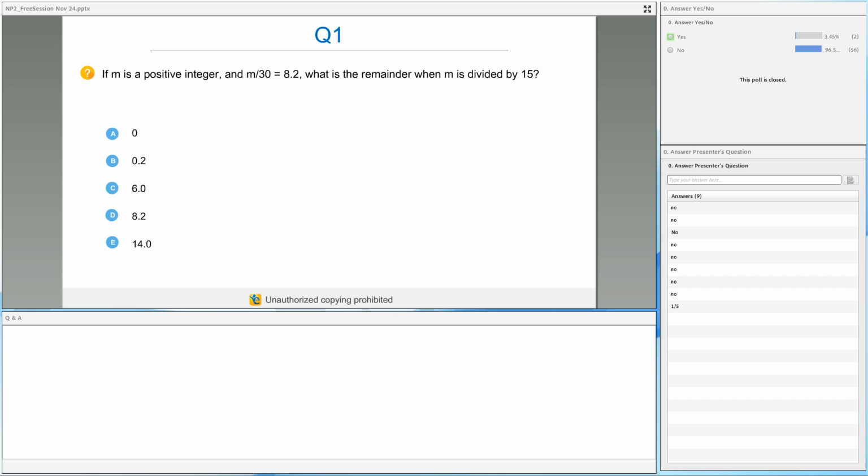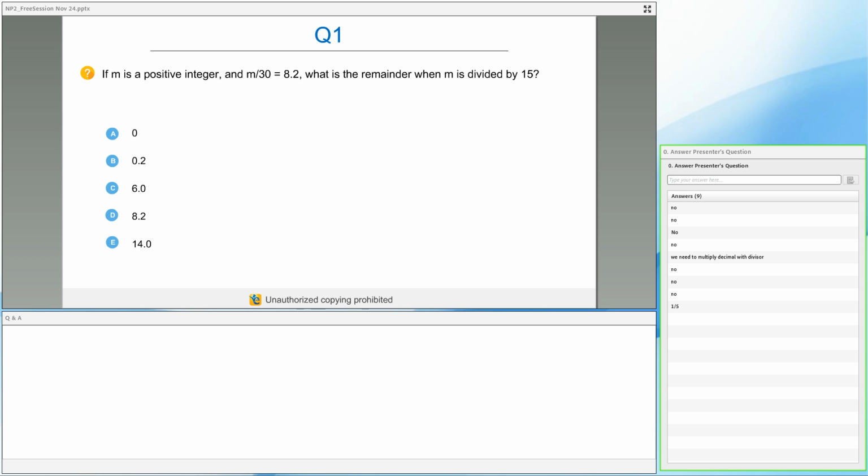Again, I'll take a very simple example to explain, which is 5 by 2. When 5 is divided by 2, there are two ways to express the result. One is to simply write 5 by 2 as 2.5. The other way is to say that when 5 is divided by 2, the quotient is 2 and the remainder is 1, because 2 into 2 is 4 plus 1. So whenever you are expressing it as a decimal, you are simply dividing. M was simply divided by 30 and everything was expressed in the form of a decimal.